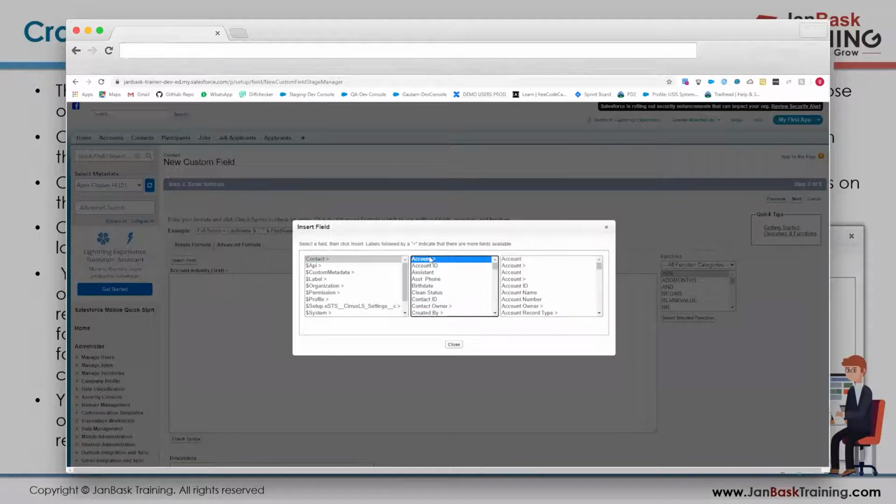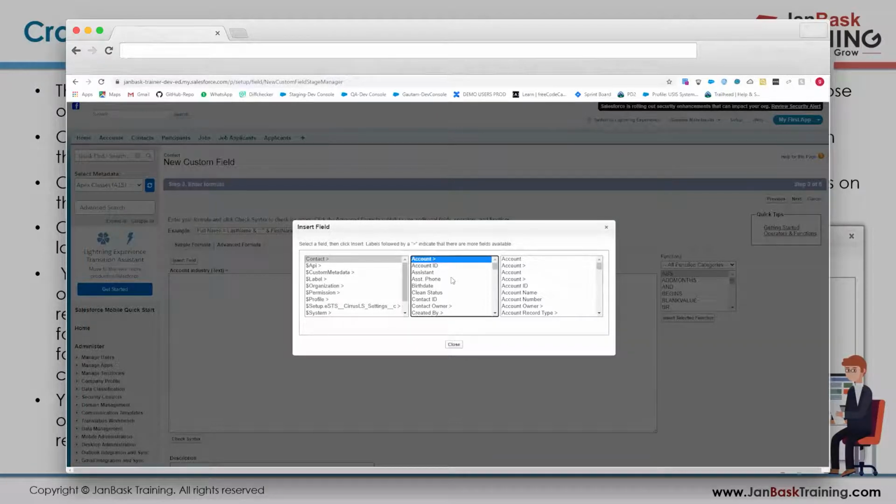So I come up over here, I go to the account record, and now I can see there is one field called account ID. You can see account ID, which is a lookup field. The other one is again with the arrow. So as I told you, we have up to 25 levels deep that I can go from one parent to the other parent to the third parent to the fourth parent. And how do I do this?